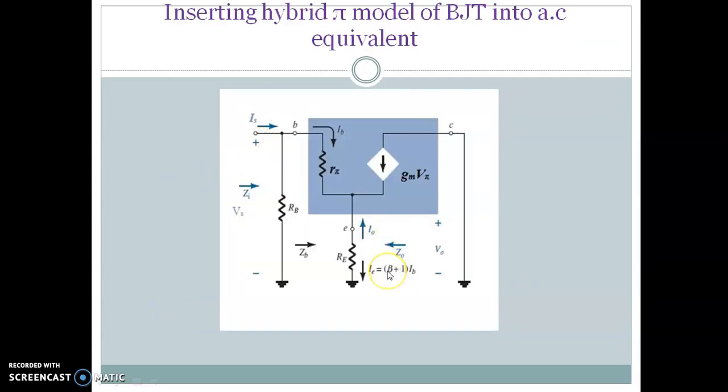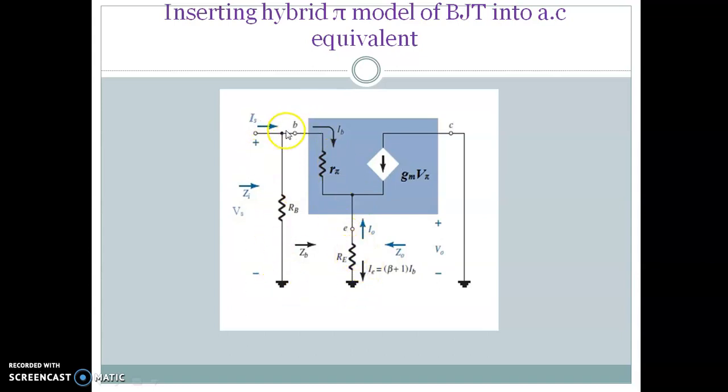Next, we have to compute the output impedance. What is the procedure for the output impedance? We make the signal to be 0. When Vs is made 0, the drop across your RB is going to be 0. So therefore, you can assume that this is almost a short on R pi. One end is connected to the emitter, the other end is the base, which has been connected to ground.